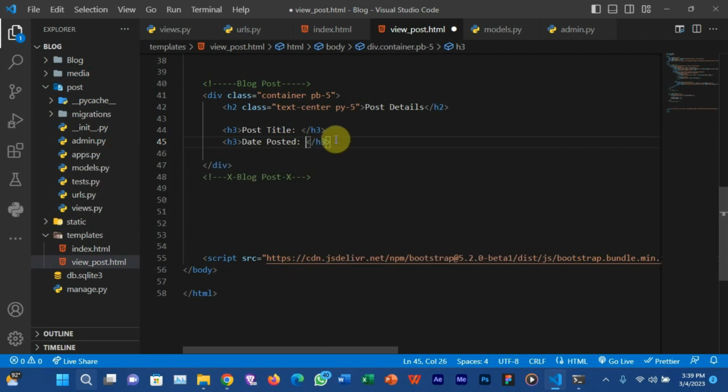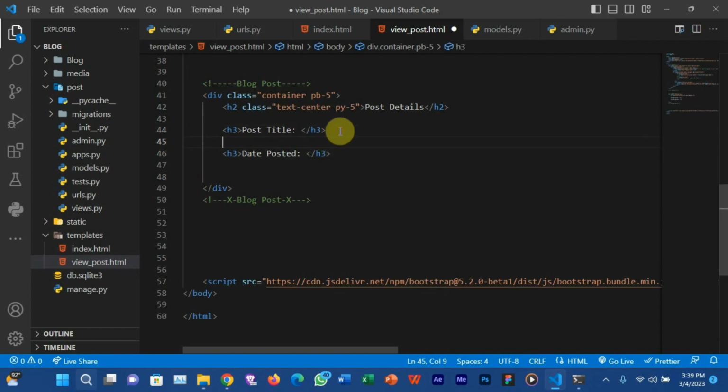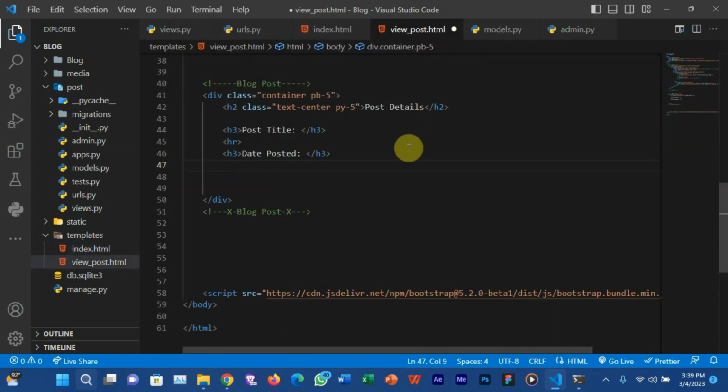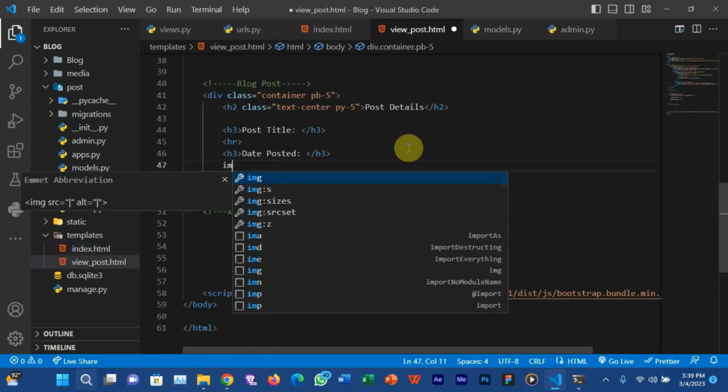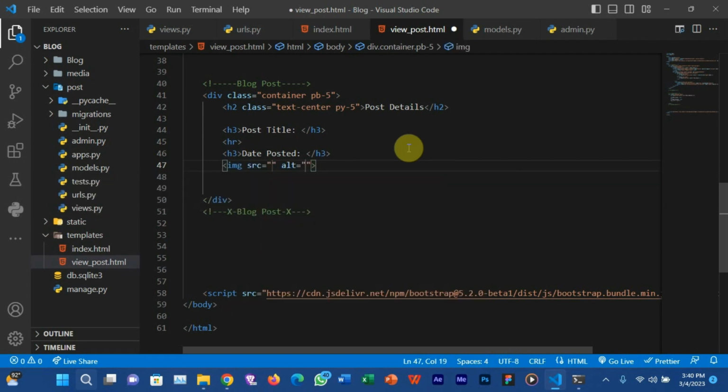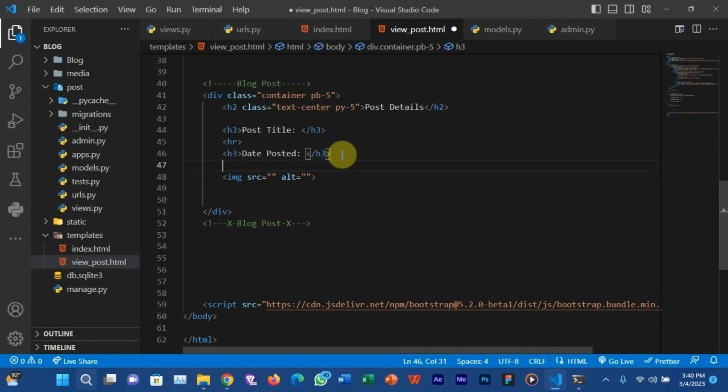So just pass in the date the post was created. Let me add some HR here. Then I think the next thing is the image. For the image, you use the img tag here. And then between the quotes, we are going to pass the source for the image, but I can leave that as blank for now.